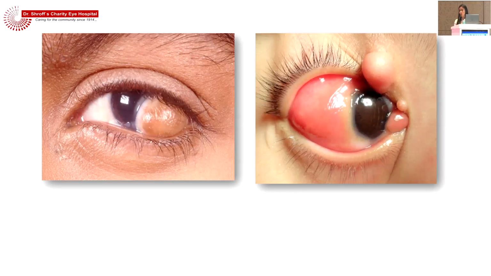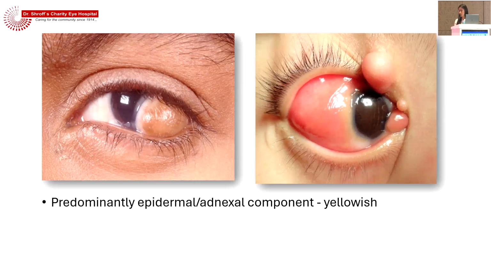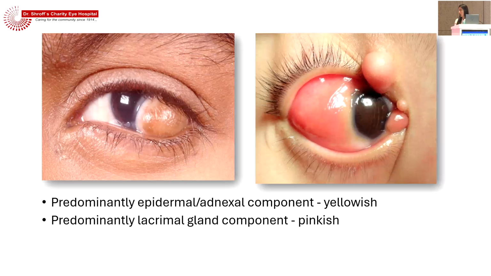So we know that complex choristoma can have various components of tissue. There can be cartilage, bone, lacrimal gland, many other tissue, fat predominantly. So is there a way to know which lesion will have more component of a particular type of tissue? So histopath is a definitive diagnosis, but sometimes looking at the lesion, if it looks predominantly